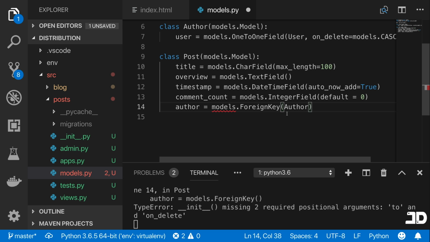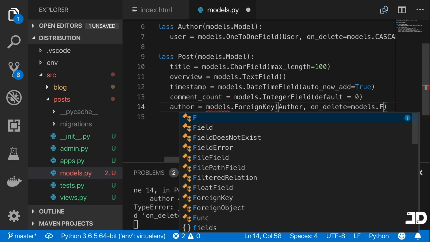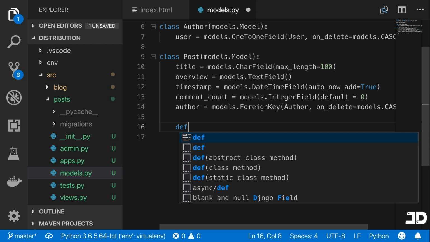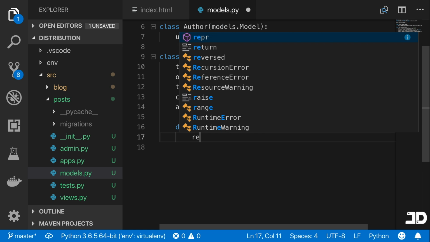This is a foreign key on the post, and again we'll say on_delete equals models.CASCADE, and then we'll just come here and say define string of self, and we'll say return